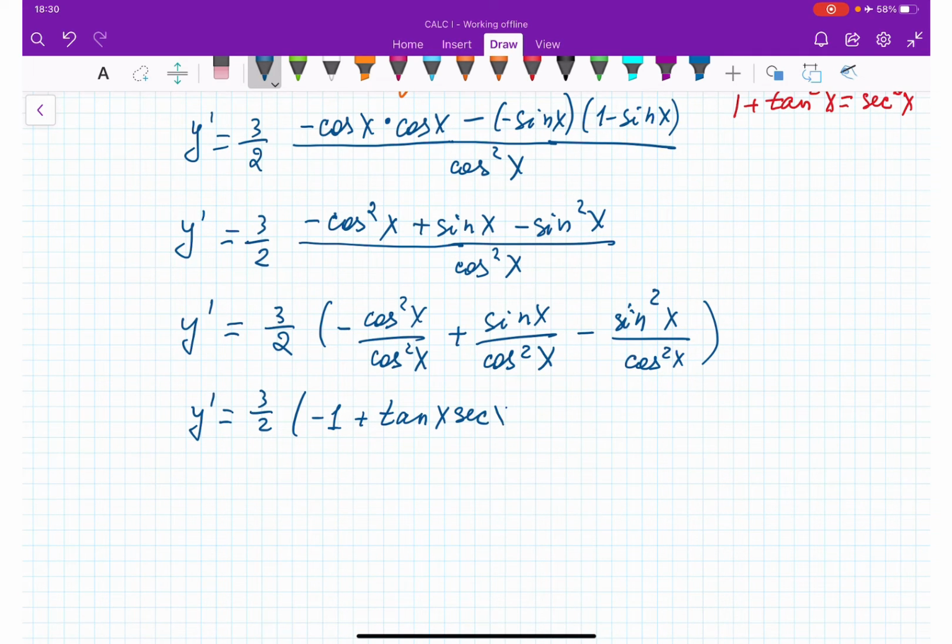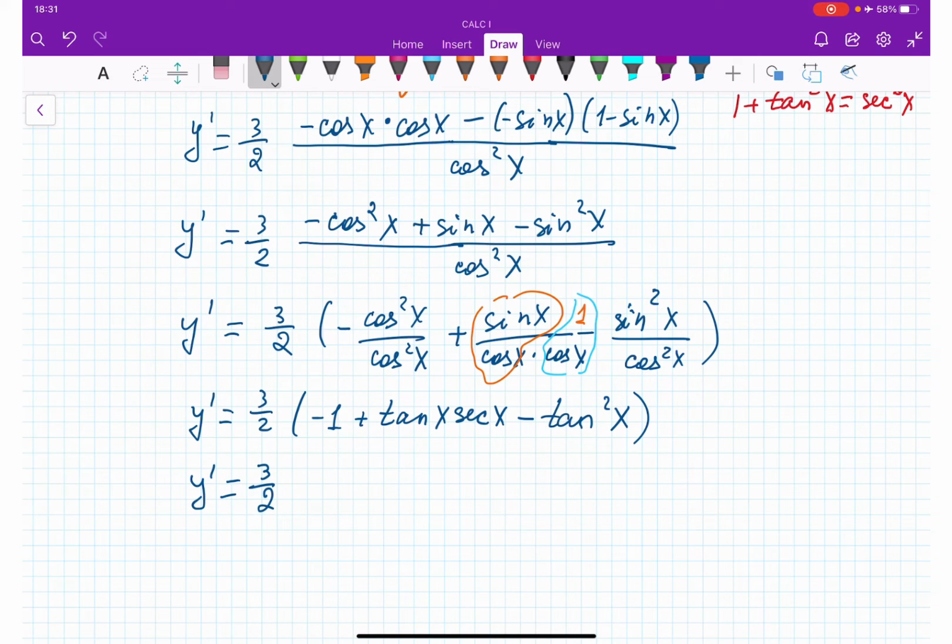secant x, because what I'm doing here, let me break down cosine squared x. I can write sine x over cosine x, so this is going to be my tangent, and then I have 1 over cosine x, this is going to be my secant, all right? And minus tangent squared x. Okay. So y prime is equal to 3 over 2 times (tangent x secant x